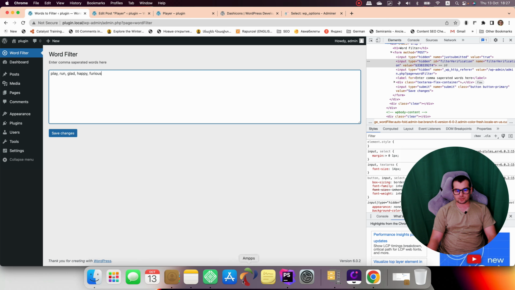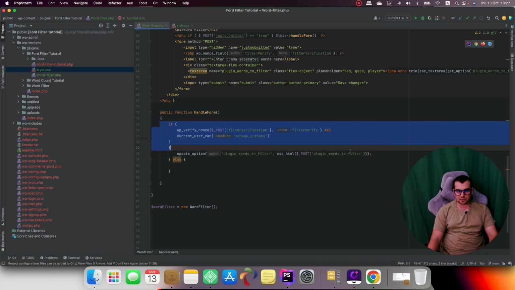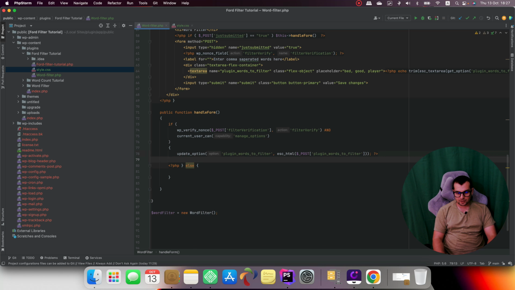We can try this in if logic when we write an else function. What happens if we are wrong? So let's write here else, and what I want to do is output some HTML in both cases, both when we are correct and we get option updated, and second when we are not. For this I'm going to step out of PHP here and go back to PHP right before the closing tag, and here I'm going to output some HTML with the class updated, which is a WordPress class,